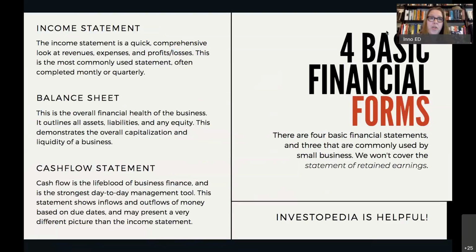But the 3 that we are going to talk about are the income statement, the balance sheet, and the cash flow statement. And these are really intended to work together. Many businesses, when they start, will start with just one of them, often just the income statement. But as we talk through what each one is, you'll see why having them work together is valuable: they all show a different view or a different part of the story of your money, and therefore they can all be very valuable.